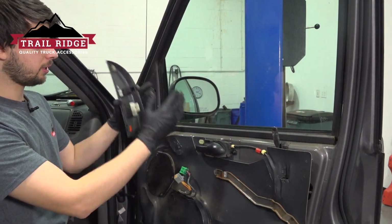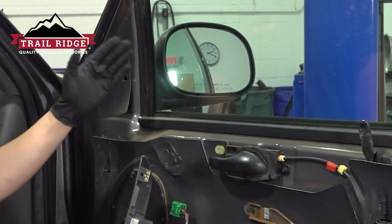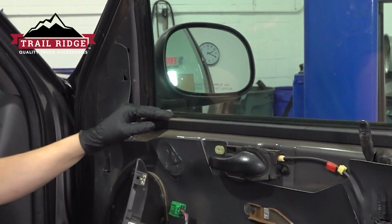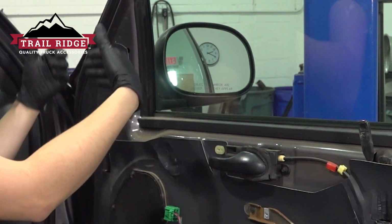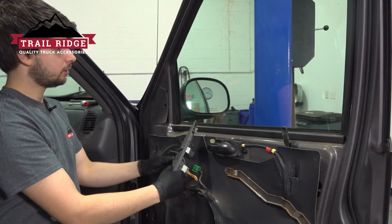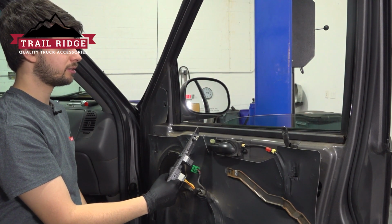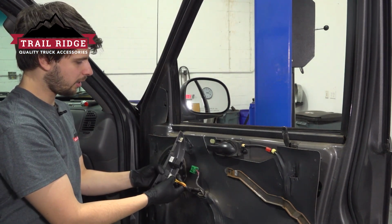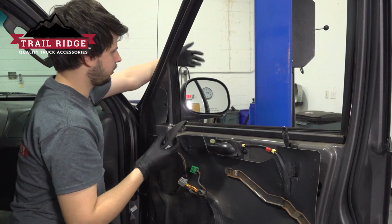At this point, I want to plug in my window switch. I have the key in the ignition in the on position already. And the reason I like to do that is so I can roll the window all the way down and reach the mirror through the door so that it doesn't fall down as soon as we unbolt it. So let's roll this all the way down, and this gives us much better access to remove and reinstall the new mirror. The tow mirror is going to be a lot heavier, and it'll be difficult to hold it over